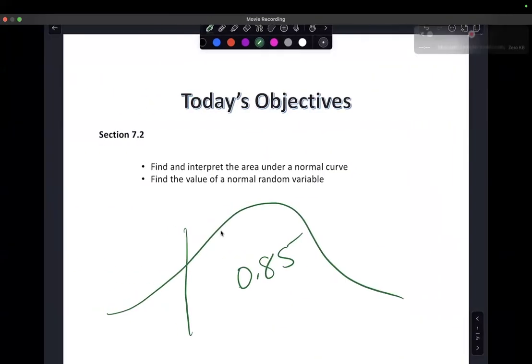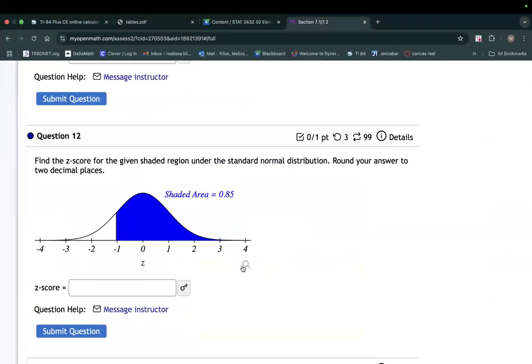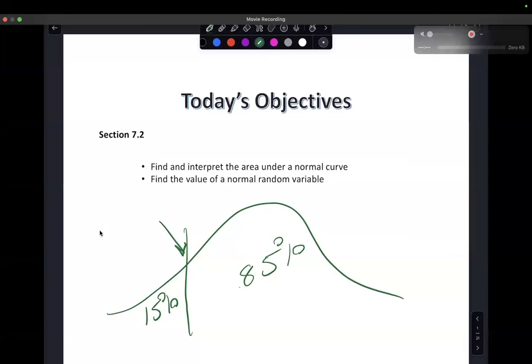Okay, this is 0.85. So that one right there, I'm going to do it different. This is 85% right here. So you need to realize that this is 15%. So I'm looking for this value right here. We want to know that value because it wants to know the z-score for this region. So I need to use this instead. So I would use inverse norm